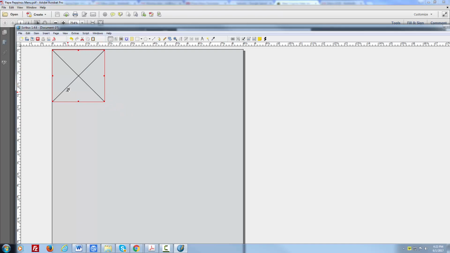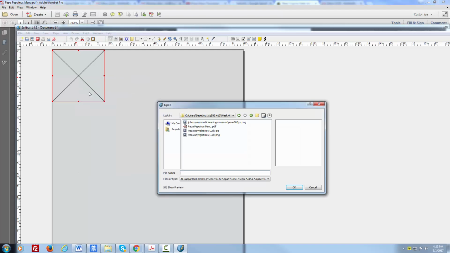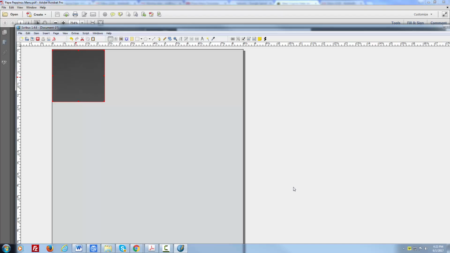We can adjust it later. And then we right click, and if you downloaded all the files that I included in the exercise, you can go to the directory and find your photo, click on it, click on OK, and now the photo will appear in your